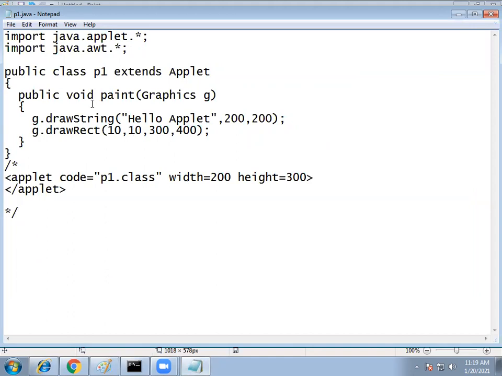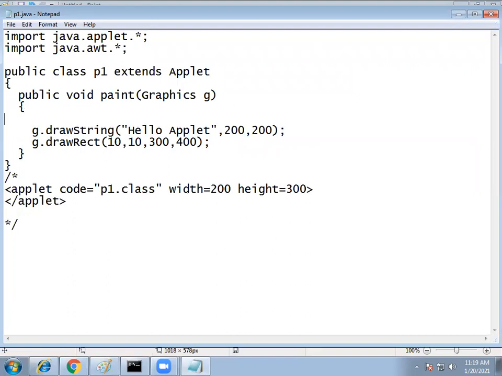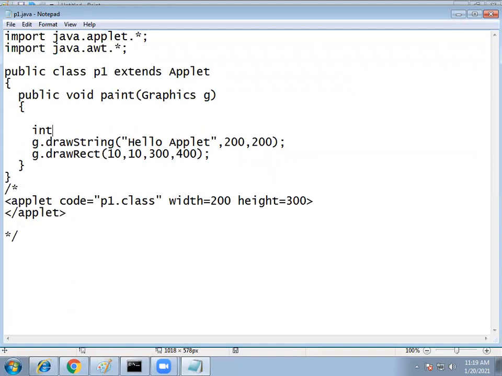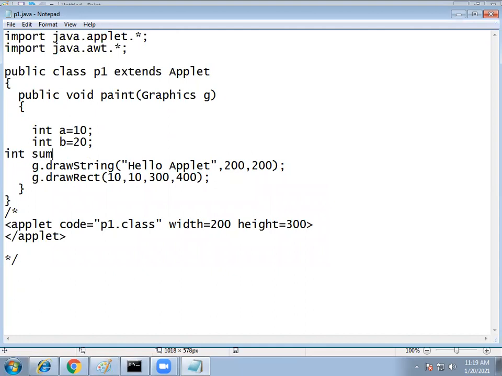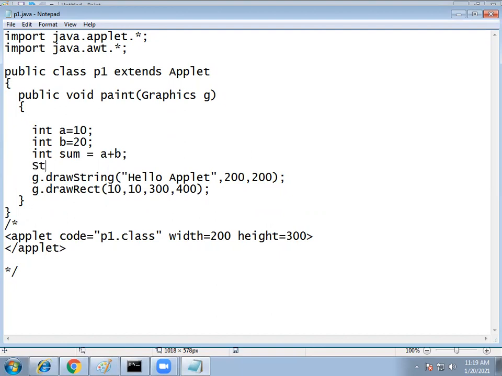Here in the paint method, let us take one integer variable, int a equals 10, int b equals 20. Now int sum equals a plus b. Now convert this sum into a string, that is, s is equal to String.valueOf(sum).